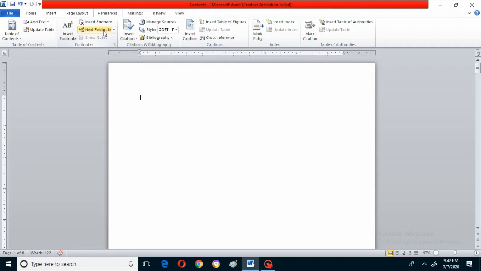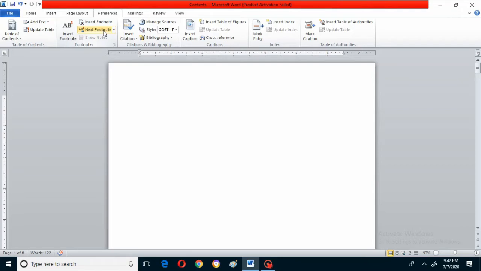So this is the difference between insert endnote and insert footnote. Insert footnote is at the bottom of the page where you can insert the words. Insert endnote is at the end of the book or end of the document where you can insert the meanings of some hard words.